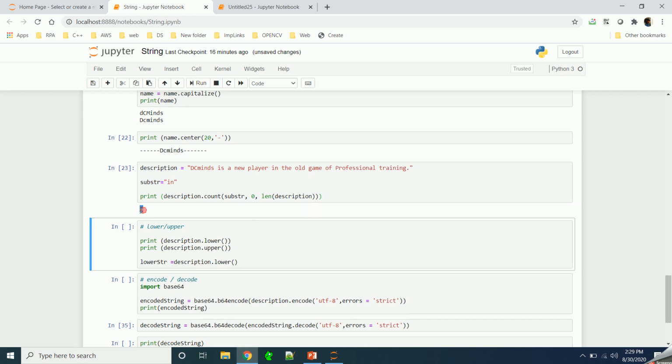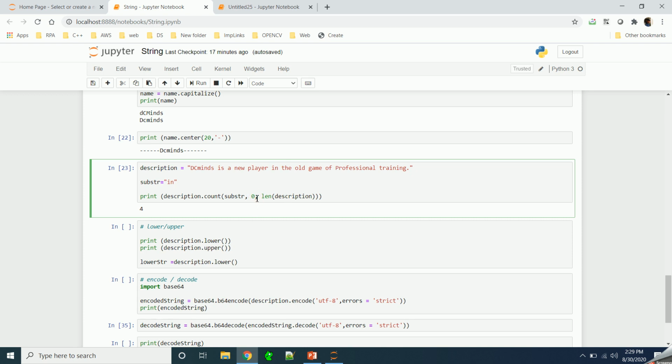So we are getting 4, which means this substring is present 4 times inside this string. So this is one time, this is the second time, this is the third time, and the fourth time. So 4 times it is present from the start location till the end.